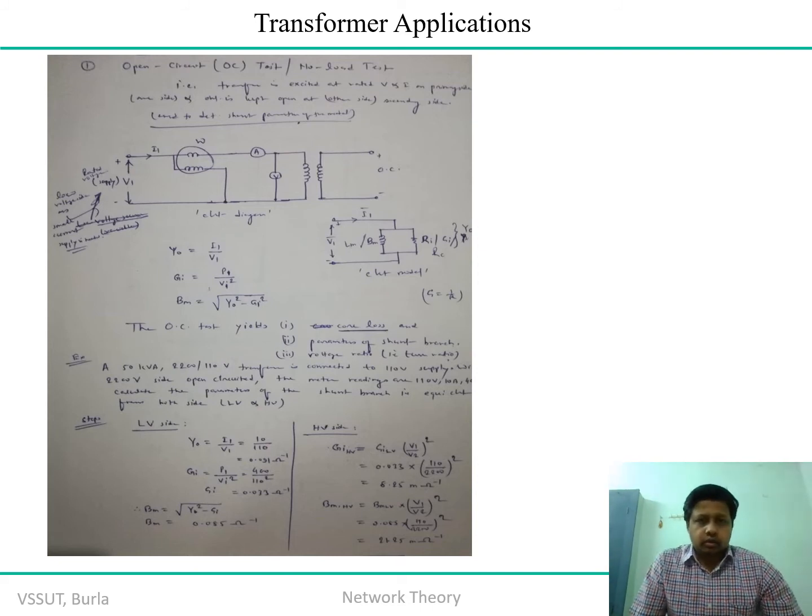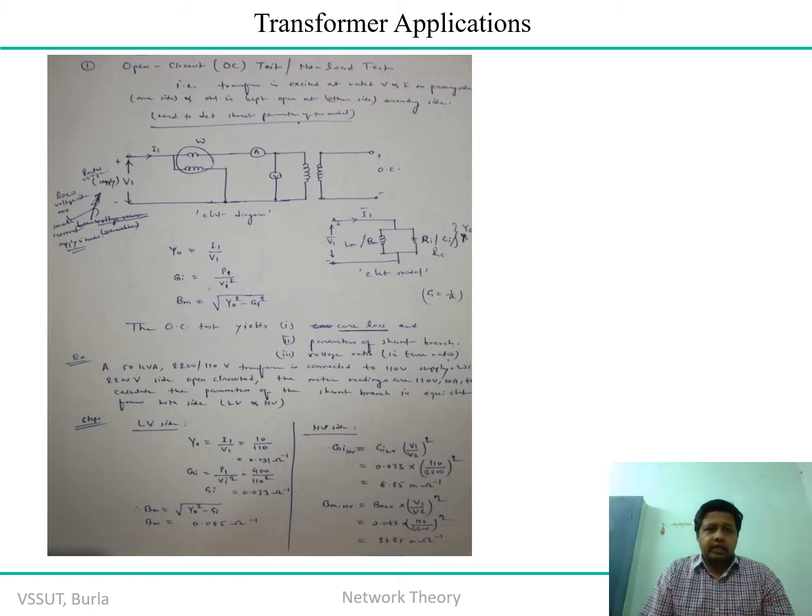So this is all about the open circuit and short circuit test of the transformer. What it indicates is to identify the values of certain shunt parameters and series parameters in the case of a transformer. At the same time, these tests also help us identify the amount of core loss and copper loss in the transformer. So let us discuss one by one very briefly. First we consider the open circuit test, which is also recognized as the no load test.